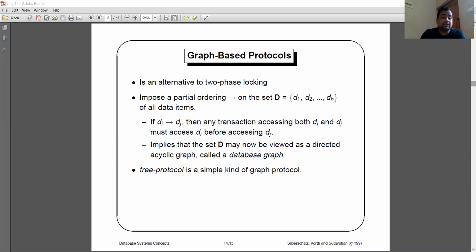I have to put a read lock on item A. What do you mean by read lock? It is nothing but a shared lock. Sometimes you can call that a read lock. Why is it called a read lock? We can only perform the read operation, so it is called a read lock. So, a read lock on item A.